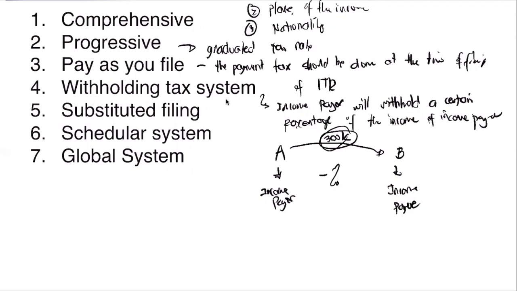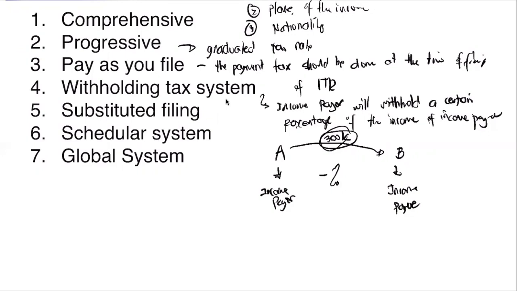So, when we say withholding tax system, guys, this is imposed by the government that in case you pay an income, you must withhold an income. Because the rule now, if you don't have any withholding, you cannot deduct that as an expense. You must withhold any payment you made so that you can deduct it as an expense also on the part of income payer. And for income payee, of course, it is up on the income payee whether to report that income or not. But for the income payer, it is necessary for him, especially if the income payer wants to use that as a reduction on its income tax.